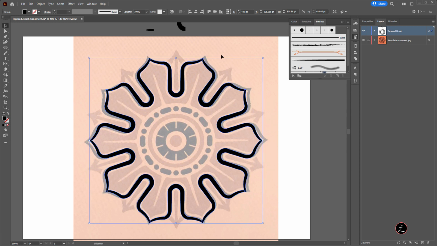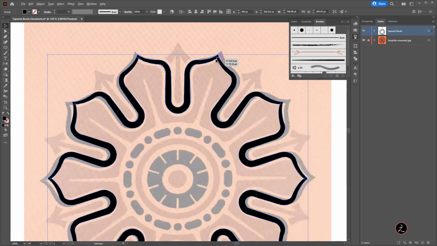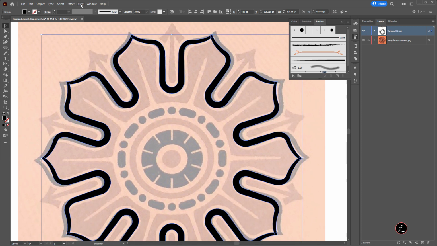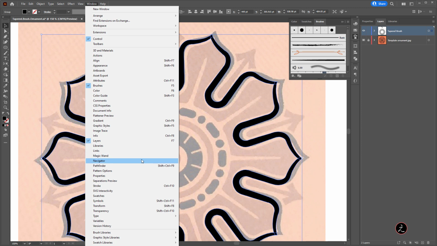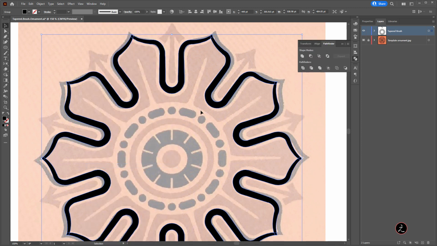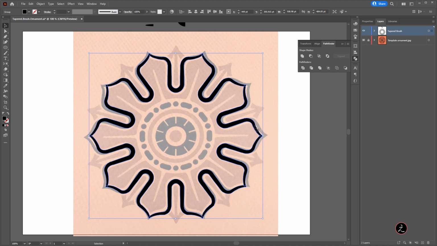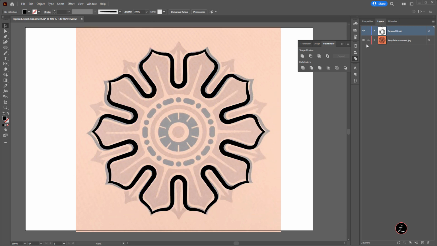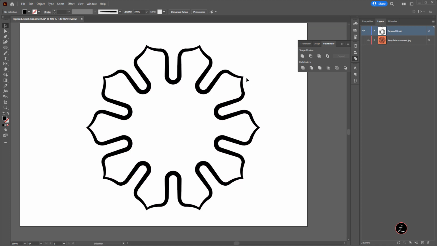Everything looks fine except the fact that we still have some overlapping shapes here. So in this case, I will go to the window menu and I'm going to bring up the Pathfinder. Here it is. Now with this one, what we're going to do is combine these and create one shape. So for that, under the shape modes, I will go ahead and use the unite function. Just click once and here is the shape. And if I toggle off the visibility of this template layer here, this is what we have so far. Things are looking great. And now we are ready to go to the next step.